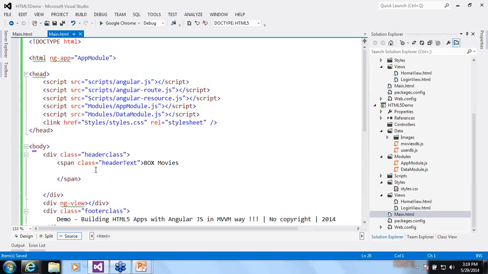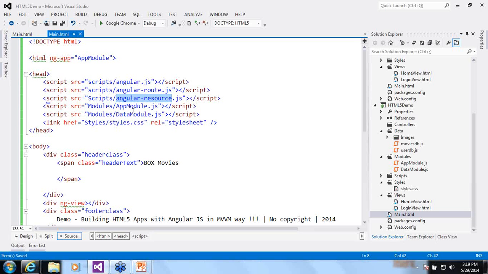you will see that at the start I have added many references. Now these references are to the scripts that are required in my application. AngularJS will initialize and provide me with all the other functions. Angular route.js will let me use the routing capabilities. Angular resource will provide me a service to use REST APIs and fetch the data from the JavaScript files. I have 2 modules which I'll require for my application.